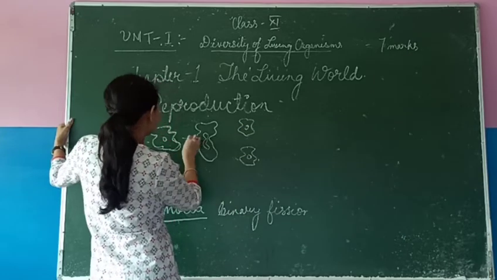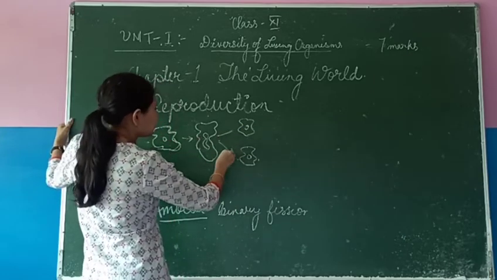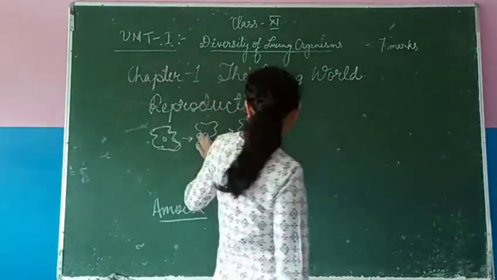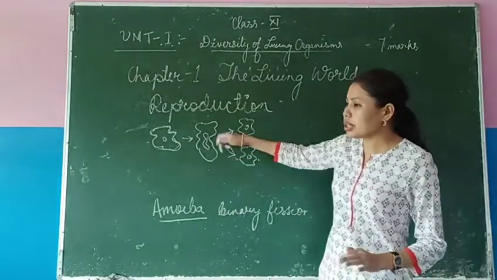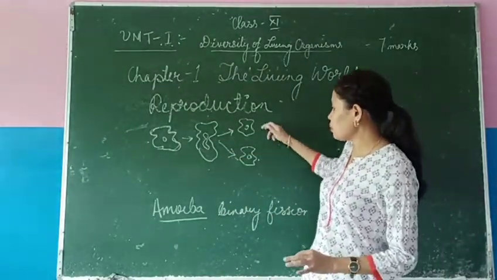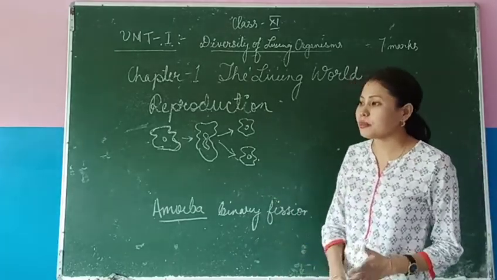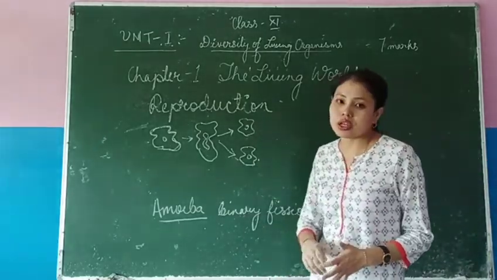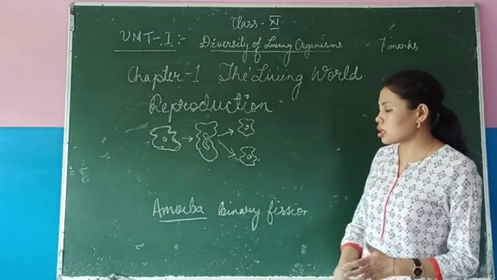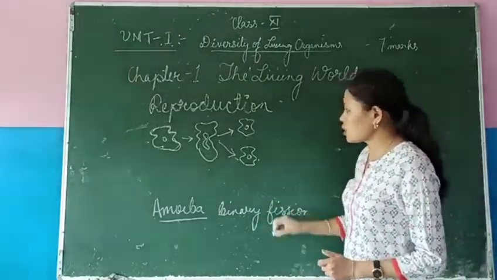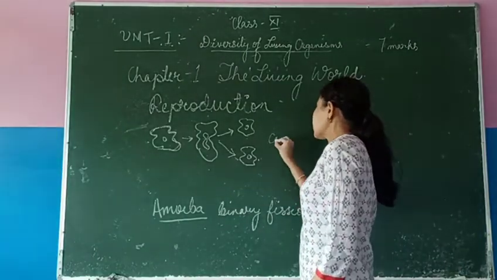This is binary fission. Binary fission in amoeba is nothing but a cell division. The parent cell, the single cell, simply undergoes cell division and gives rise to two daughter cells. So this is binary fission in amoeba, and this binary fission represents asexual reproduction in amoeba. So these are the two daughter cells, and the cell division itself